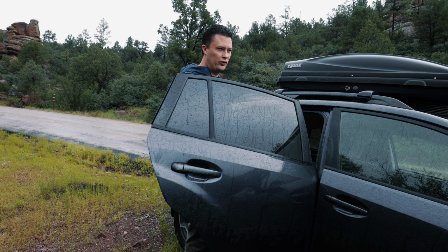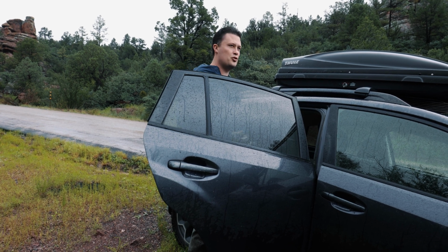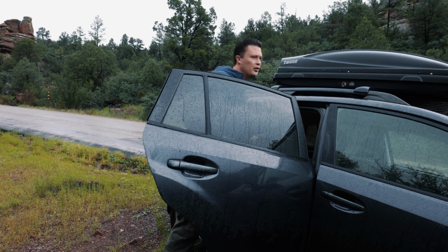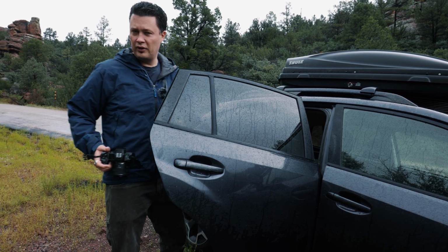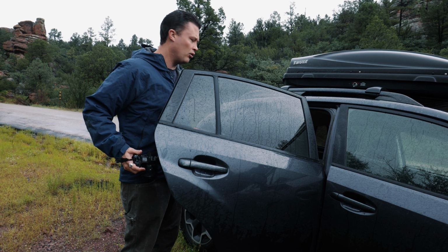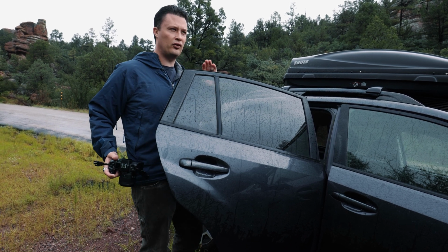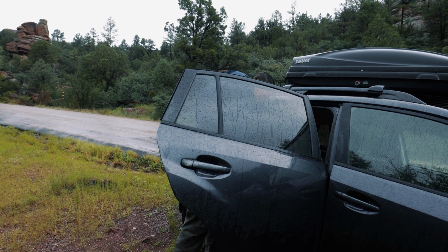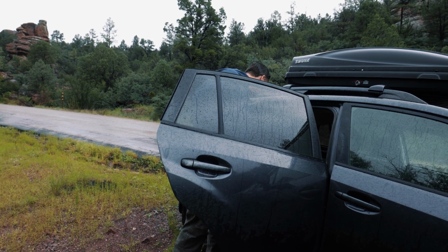So New Mexico is under pretty much most of our state is flooding right now, and it's pretty gnarly. But in the Gila, we've been getting pounded. It hasn't stopped raining all day. It's sprinkling now. This is like the lowest that it's rained all day. And what I want to do